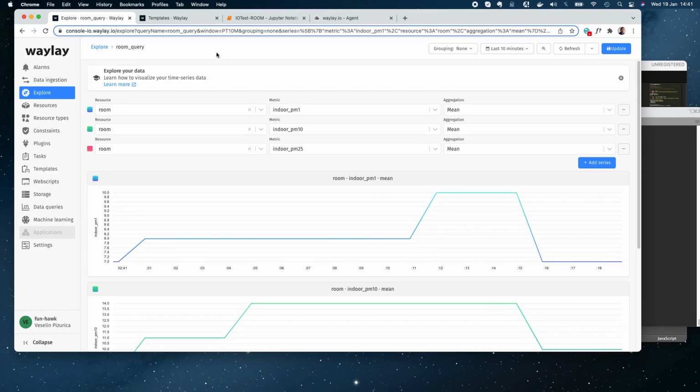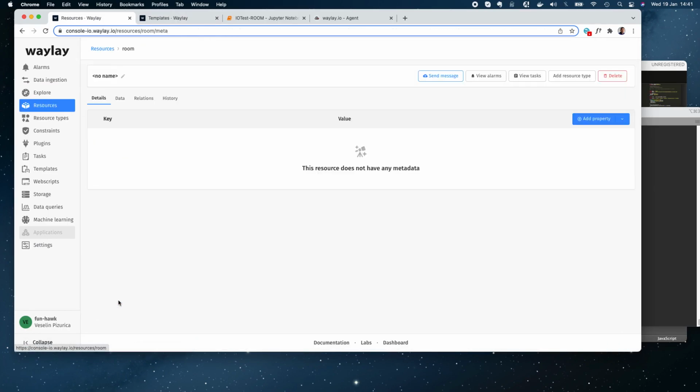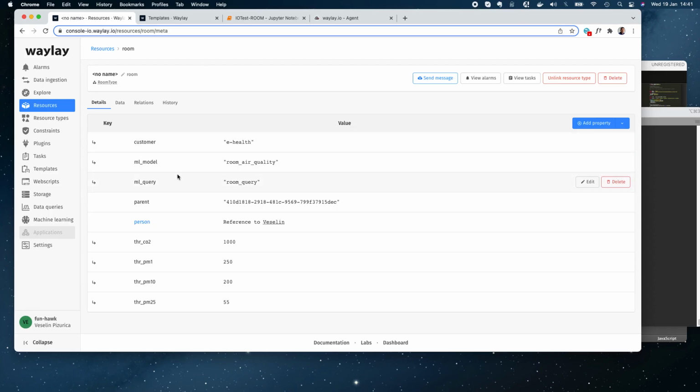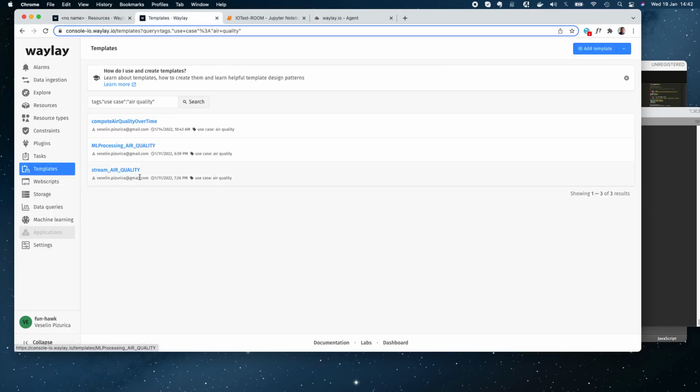The next thing I will do is some rather simple stream processing. For that case, I have already prepared upfront a digital twin model with some thresholds that we'll be using for the stream processing, like CO2, PM10 and 2.5. So these are the values that have been inherited from the resource type called room type. So these are the values that I'll be using in the first example, where I'm going to just process this data